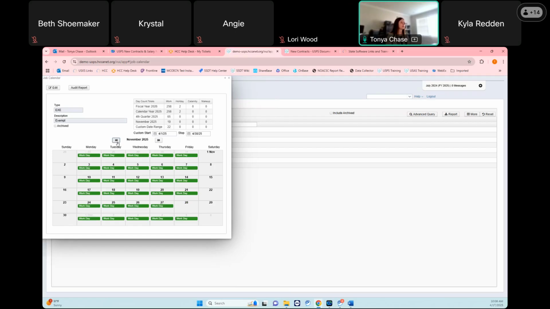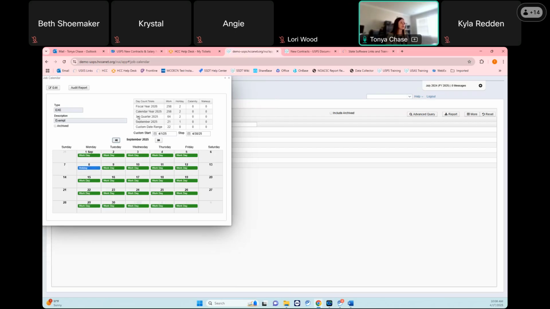If I bump this back, now it's going to give me third quarter because I'm in the third quarter of the year, the month that I'm on, and then I can do a custom date range. This is great. You probably all know this, but just in case, if you have people terminate before the end of their contract and you want to verify their days worked, you can come in here and say, okay, this